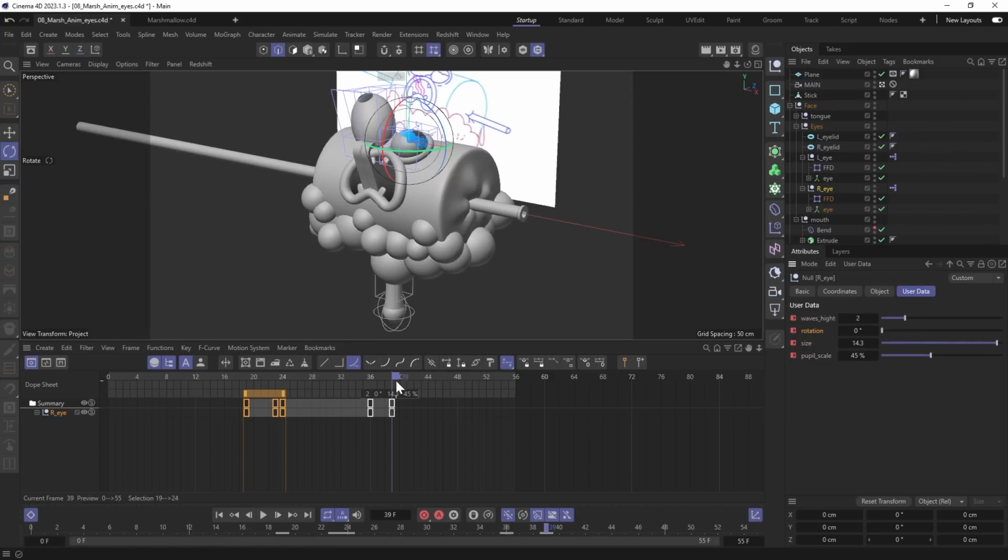And for the right pupil, I want to animate the rotation parameter when he starts to scream.